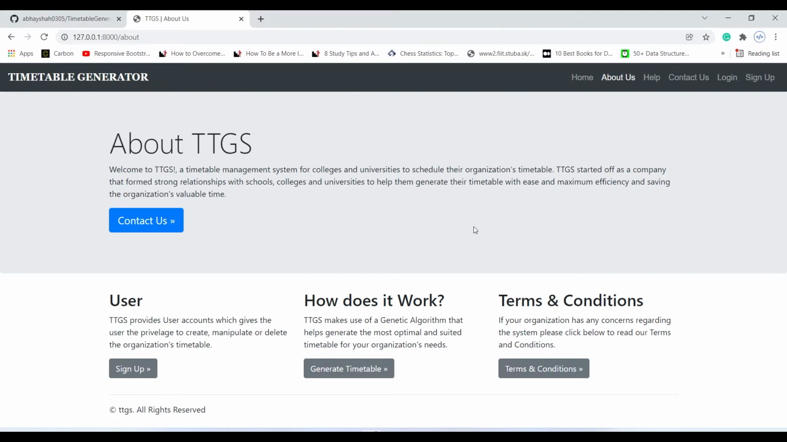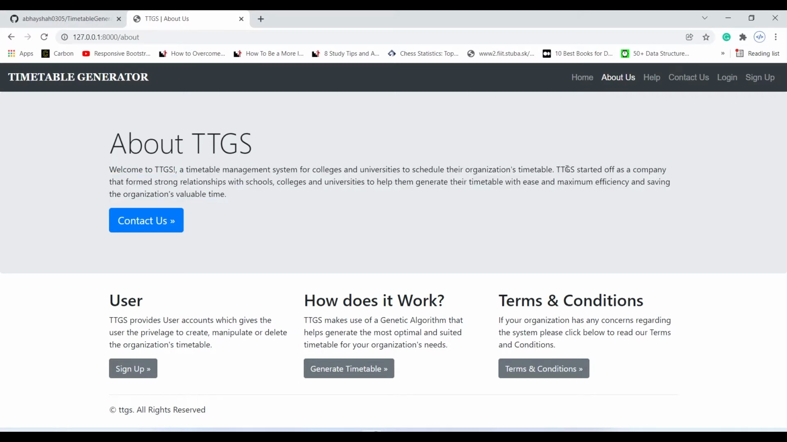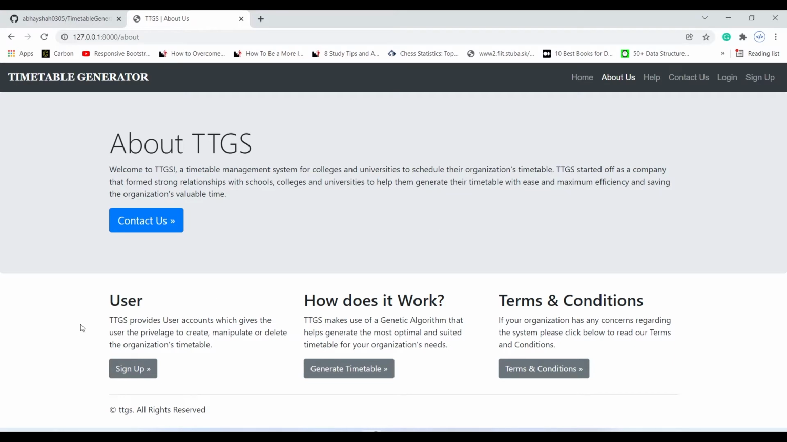So then we have an about us page, and on this about page just a simple description. Welcome to TTGS. TTGS stands for Timetable Generation System, a timetable management system for colleges and universities to schedule the organization's timetable. TTGS started off as a company. Just some introduction. So it includes the user side, which provides user accounts, which gives the user privilege to create, manipulate, delete the organization's timetable. And TTGS makes use of a genetic algorithm that helps generate the most optimal and suited timetables for your